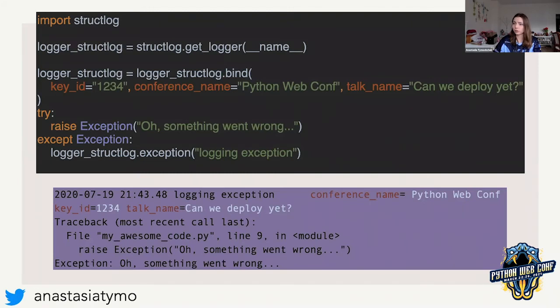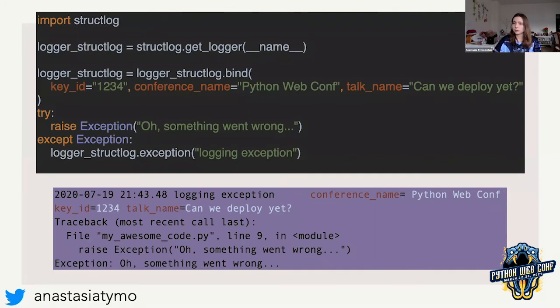So when we are logging anything with a struct log, there's no way to say, please turn on the traceback as in the standard logger, because that used to be also a key value pair as an option. You just need to set it true in the standard logger, but in the struct log, every key value pair is just a key value pair. So if you use it here, it would have the same effect as any other key value pair.